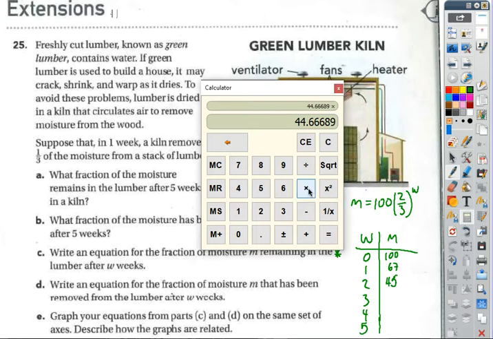After 3 weeks, I will have 30% of the moisture remaining. After 4 weeks, I will have 20% of the moisture remaining, and after 5 weeks,